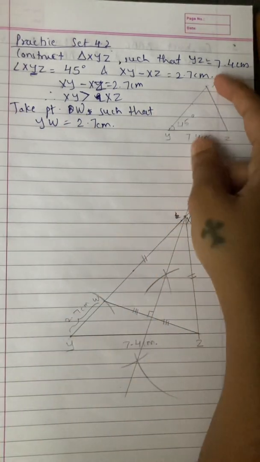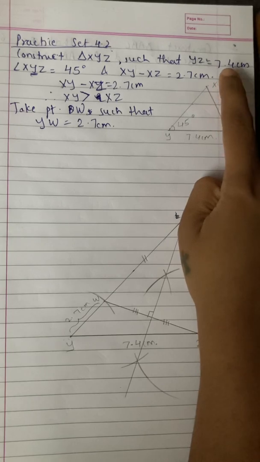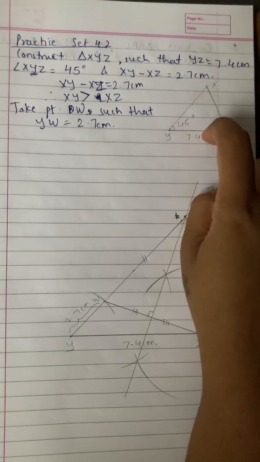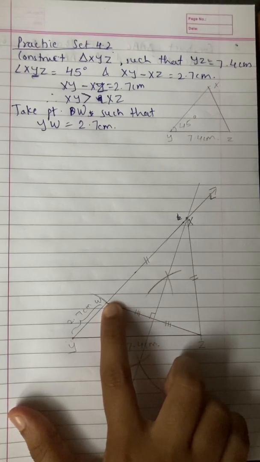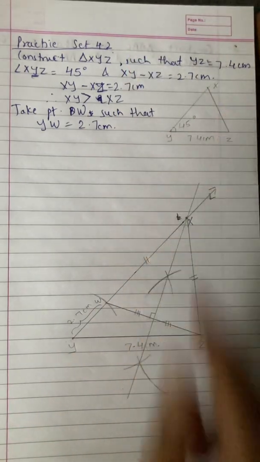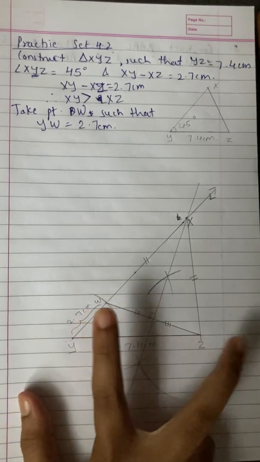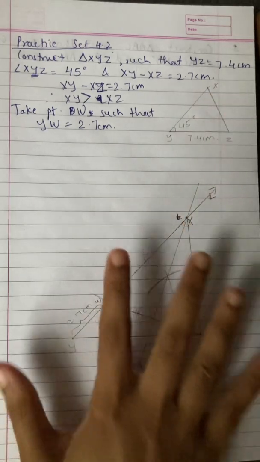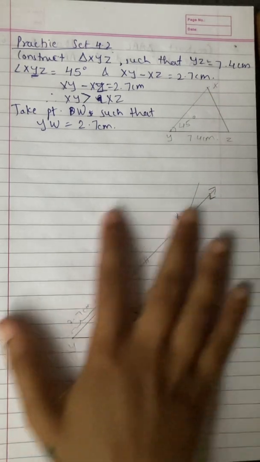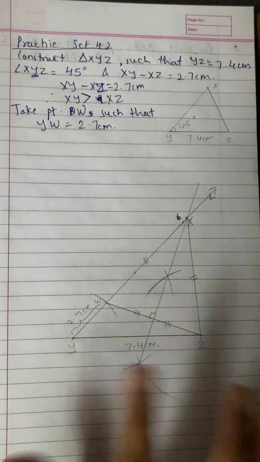It is not necessary every time that you have to show this. Just draw the original triangle XYZ and show all the elements, but you should know exactly where to locate point W, when it is subtraction and when it is addition, and which segment's perpendicular bisector should be drawn. Once you know that, you don't have to always locate it in the rough figure. Just draw properly in the fair figure. Okay? If you don't draw the fair figure properly, then your marks will be cut.